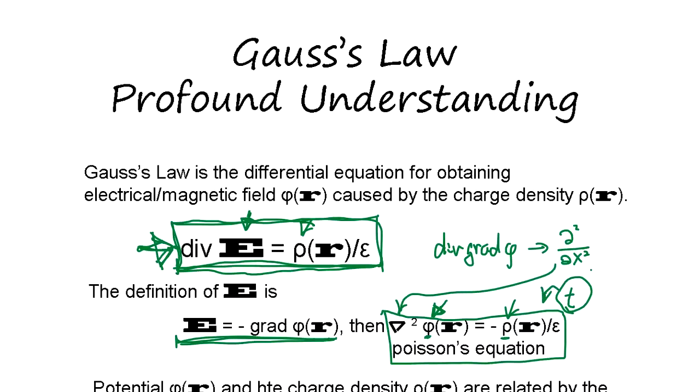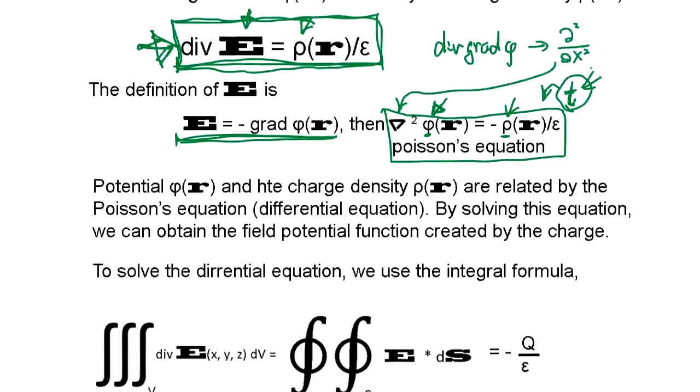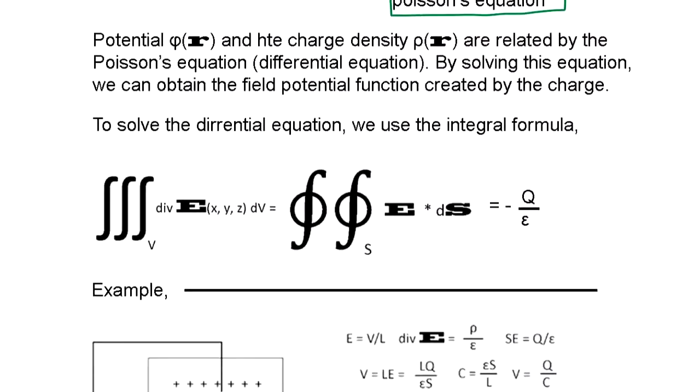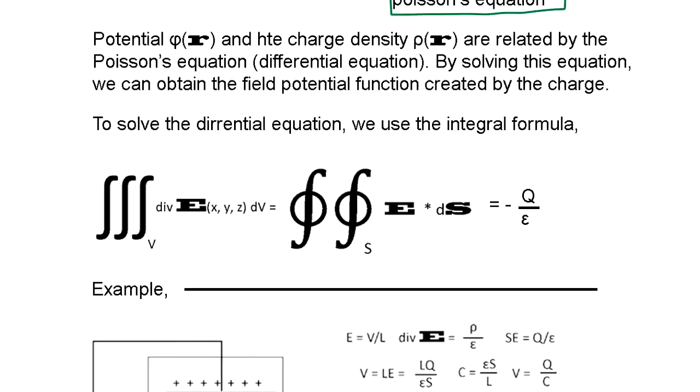When time comes in, things start changing around, which becomes the two other Maxwell's equations. So basically the potential field phi and charge in the space are related, and this relation is given by the Gauss law